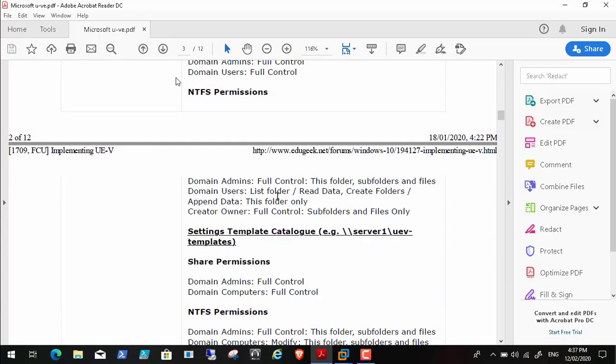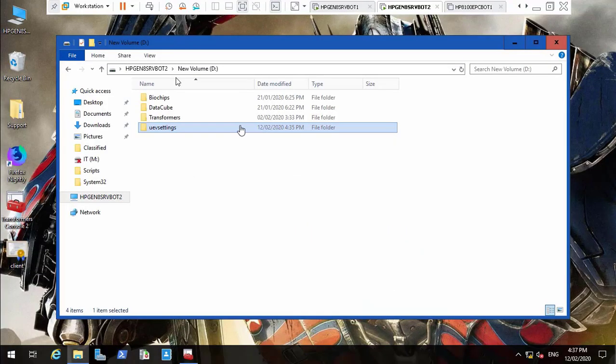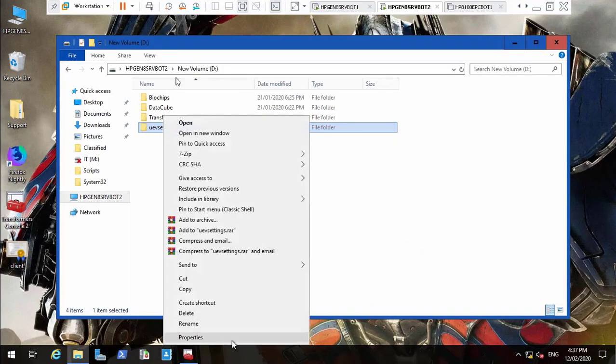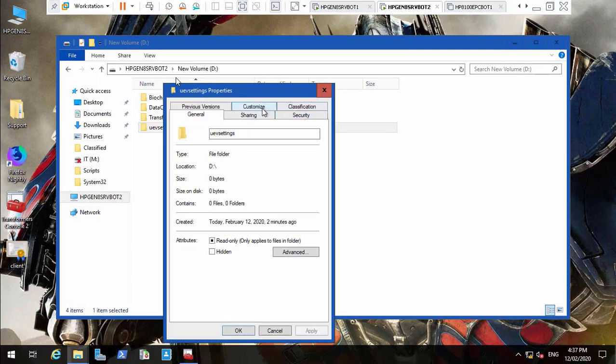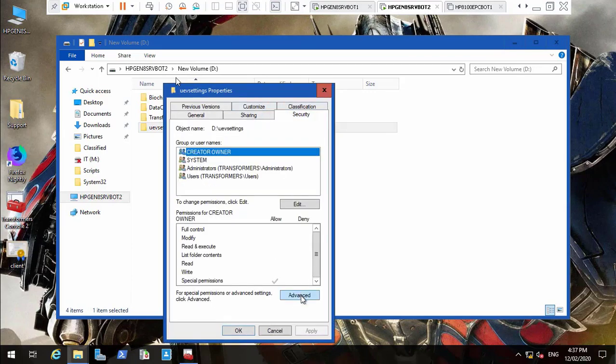We will give the domain admins full control on this folder and subfolders. As for the domain users, we will give them certain NTFS permissions: only list folder, read data, and create folders, append data. We'll see this now. We'll go to the UVE settings, properties, and security, advanced,